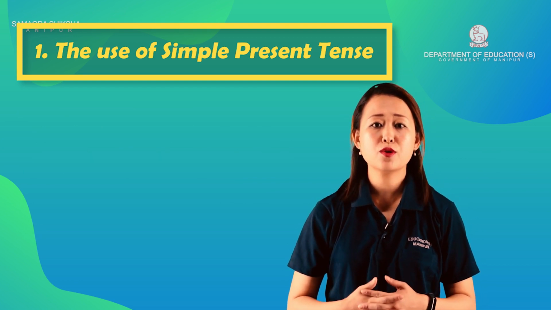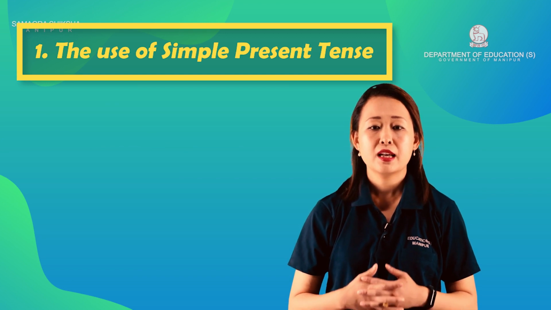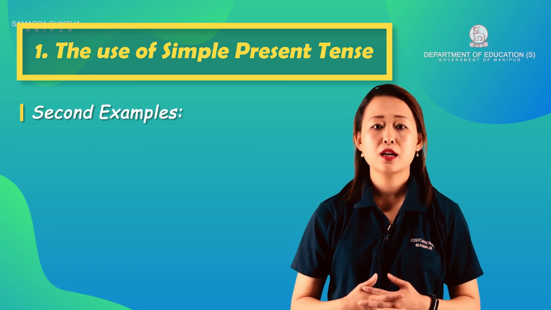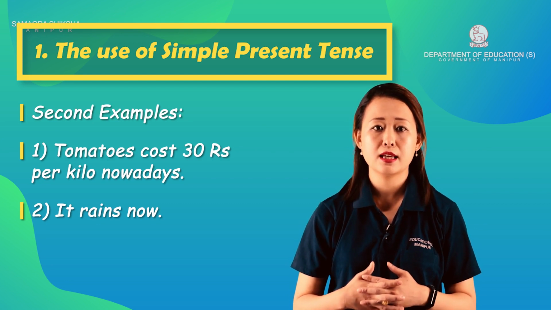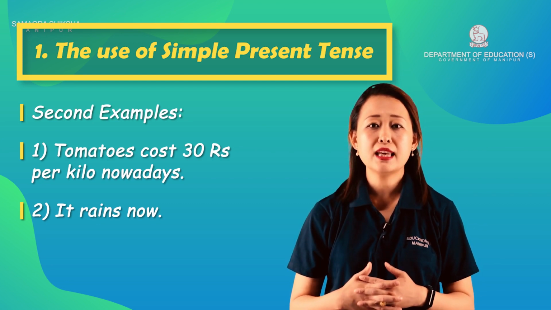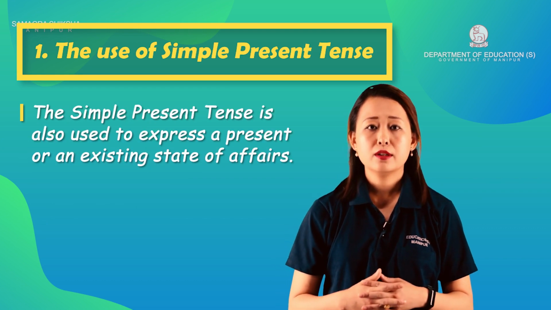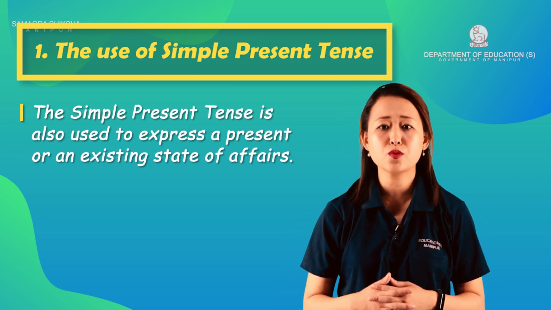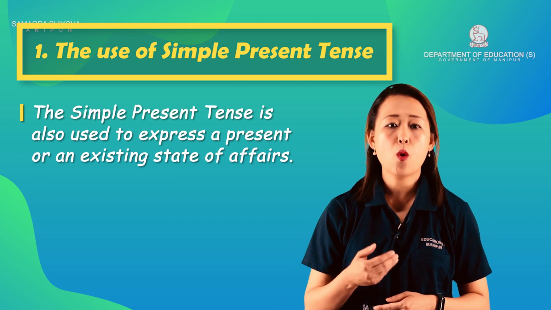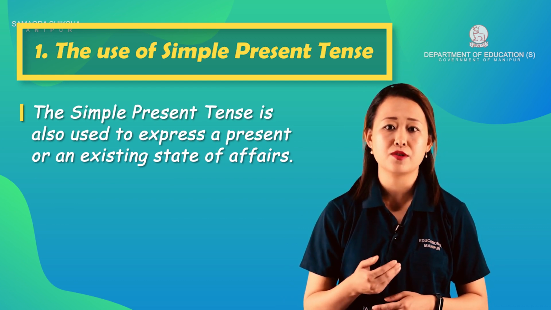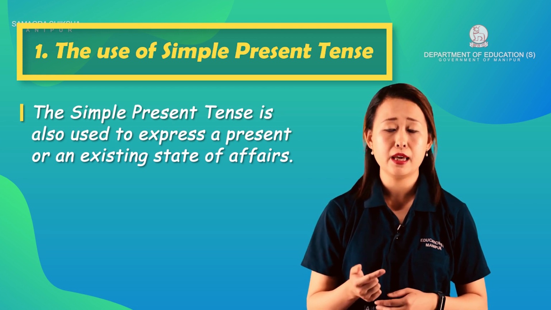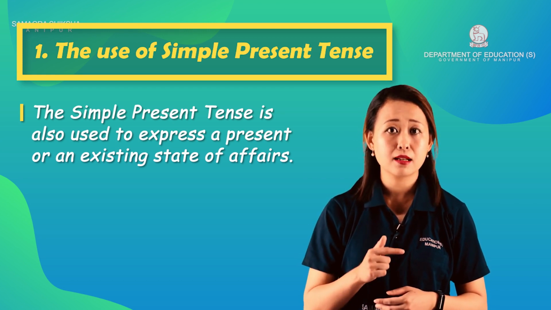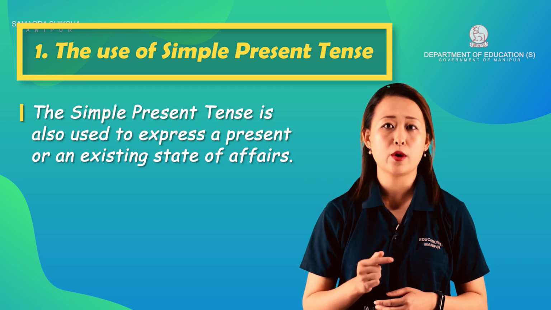The second use of the simple present tense. Let us first look at examples. Tomatoes cost 30 rupees per kilo nowadays. And number 2, it rains now. Here, the simple present tense is used to express a present or an existing state of affairs. Remember, it is not an ongoing progress, which will be present continuous tense, but an existing condition or an existing